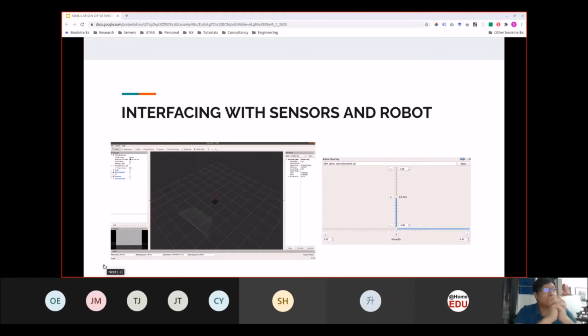The code was created quite some time ago, so it's not the exact one that we use for the competition, but it's something simple to showcase to you how we can actually use this simulation to develop robot controls. I think based on the schedule, we'll take a short break for now before we continue again.